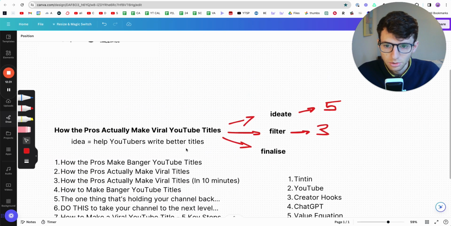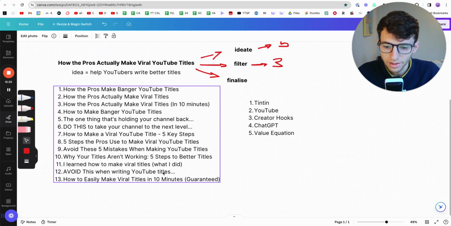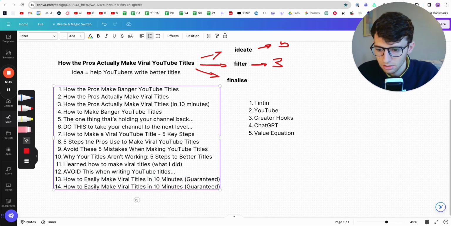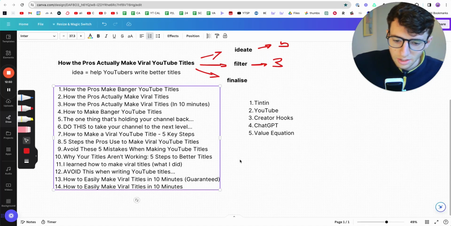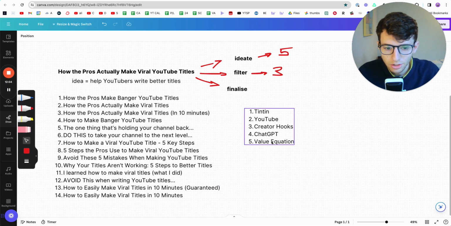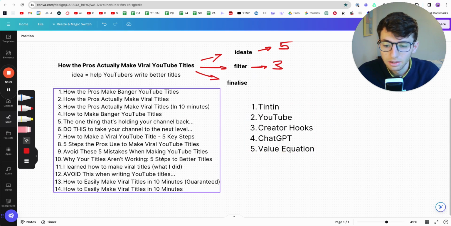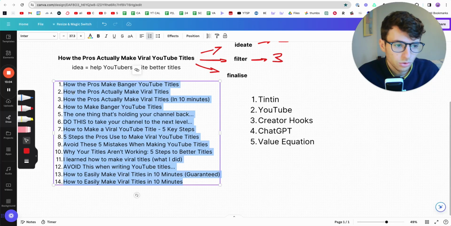So this taps into this whole idea of value. You can see that it's all the things that someone might want. Now, the problem is I don't want "guaranteed" on there because it looks kind of shady. So there are always nuances to titles and things to consider. But I find using these 5 things exceptionally helpful in allowing me to create a list of titles that I might want to use for my video.